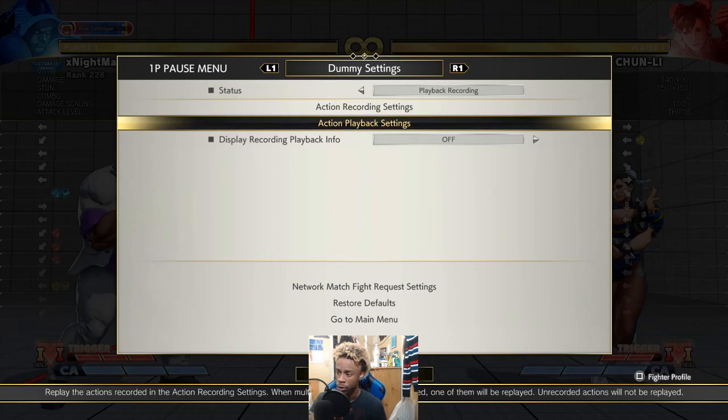I feel like the most common things that I see from Chun-Li when it comes down to common frame traps is basically the fireballs, y'all. Basically the fireballs. If you're a Balrog main and you're going against Chun-Li,